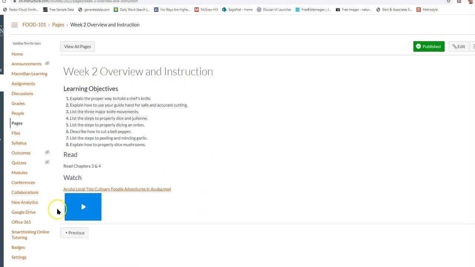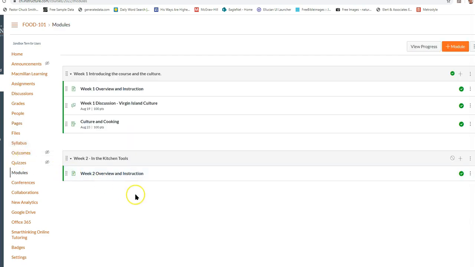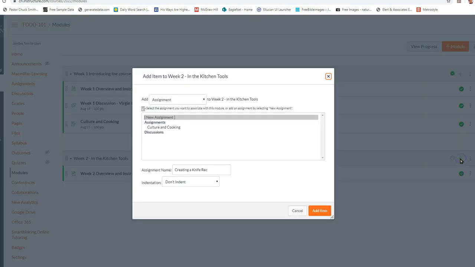And you'll see that even though this was a file link, it recognizes it as a media so that the student will be able to play it right in here, or they'll be able to download it. Let's go back to our modules. And so we've given them something to read, something to watch. We're going to go ahead and put in an assignment now. So let's hit the plus sign, and we're going to create a new assignment, and we're going to call this Showing Your Knife Skills. And we'll go ahead and add that item,